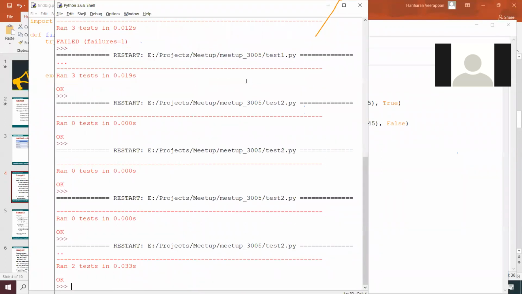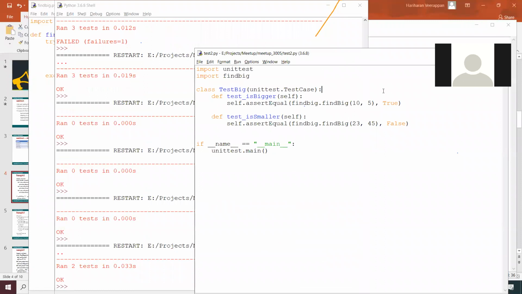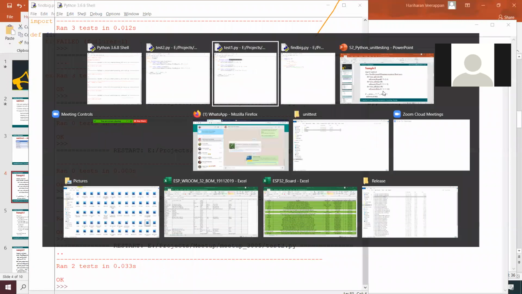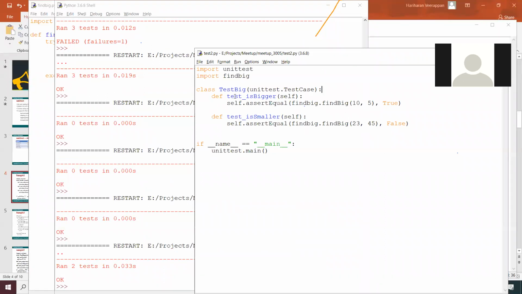Basically, in order for the test, the function and the test cases should start with test underscore. That is the format taken as a test case by unit test.